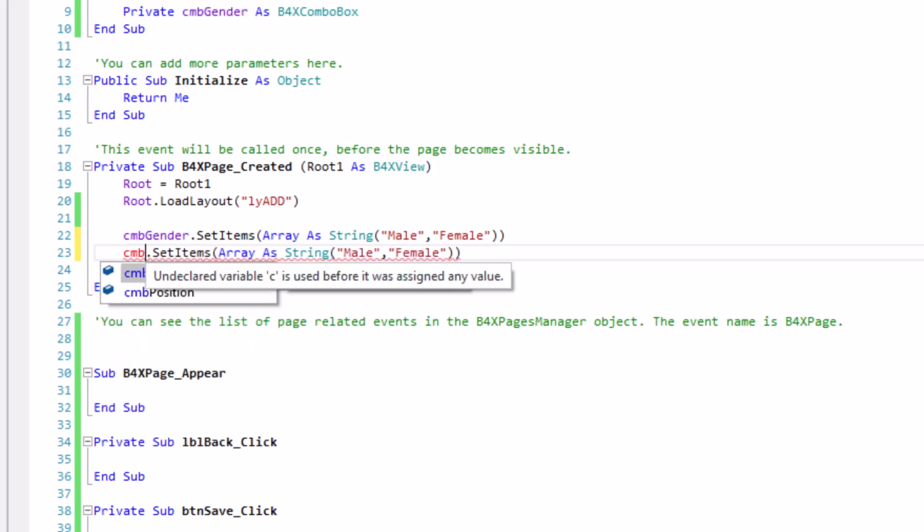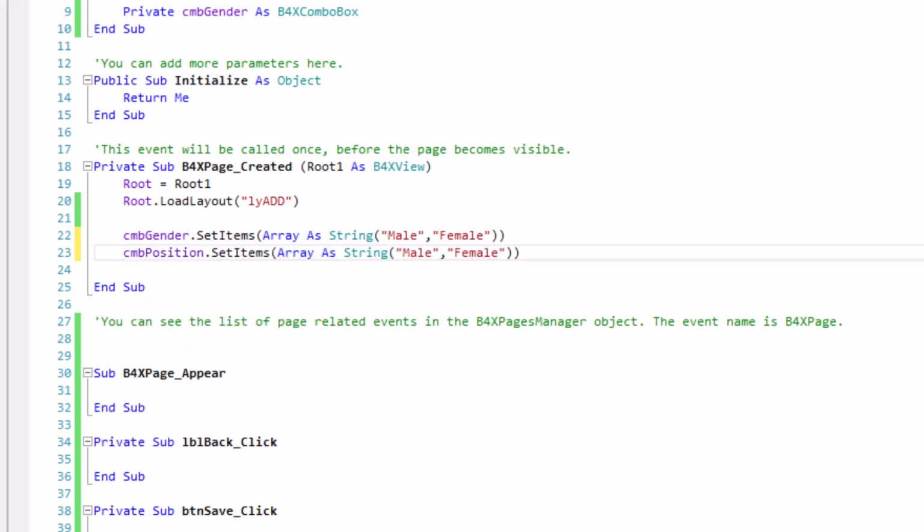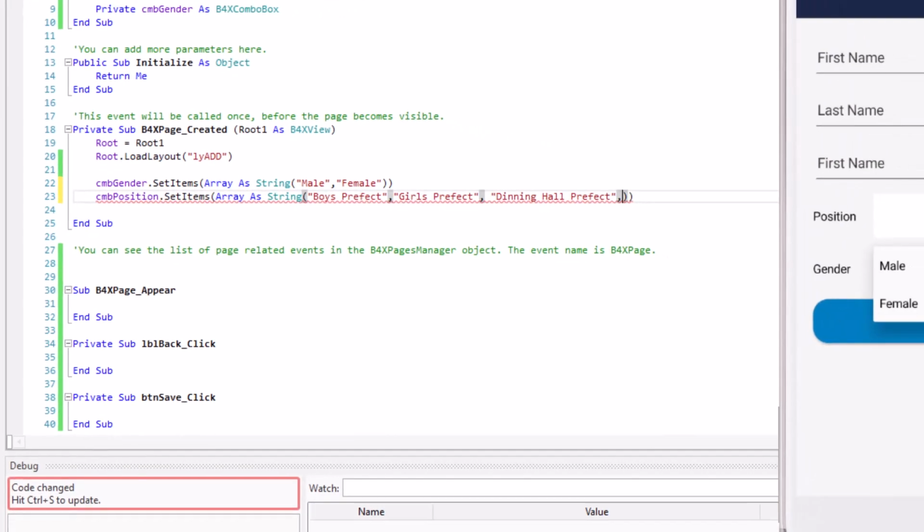CMB position dot set items: Boys prefect, Girls prefect, Library prefect.